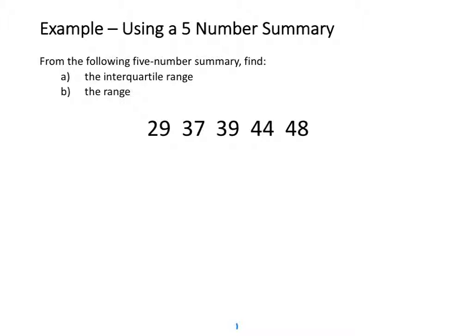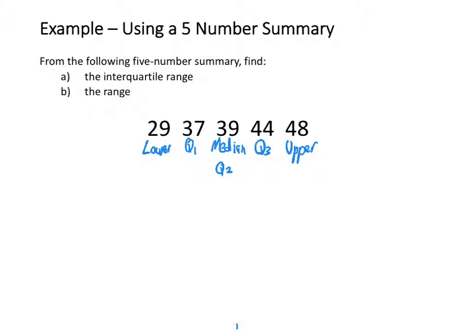So we know the first number is going to be the lowest number. We know the second number is going to be quartile 1. We know the third number is going to be the median or quartile 2. We know the fourth number is going to be quartile 3. And then the last number is the upper. So now that I've gone and labelled my 5-number summary, let's have a look at calculating the interquartile range and